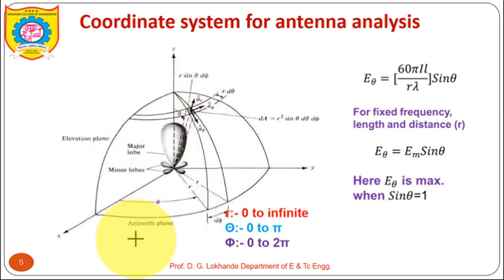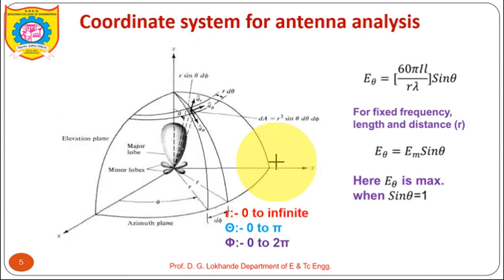So here theta is the angular separation from the z-axis. Phi is the angular separation with respect to the x-axis, which moves from 0 to 2 pi, and r is the distance from the specified antenna. The radiation property of most concern is the two or three-dimensional spatial distribution of radiation energy as a function of the observer position along a path or surface of constant radius.